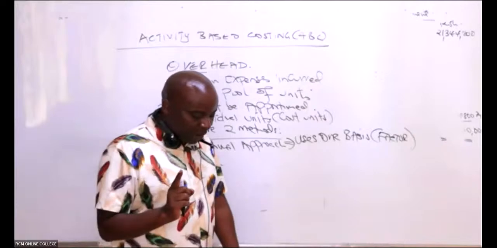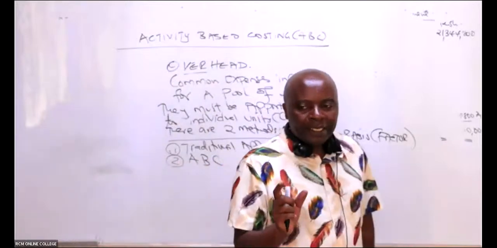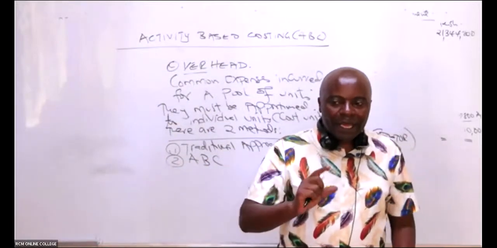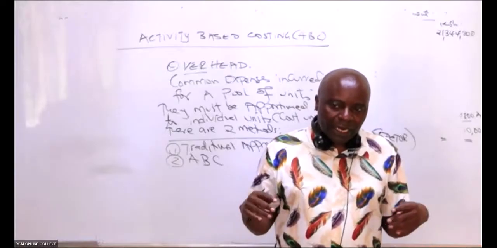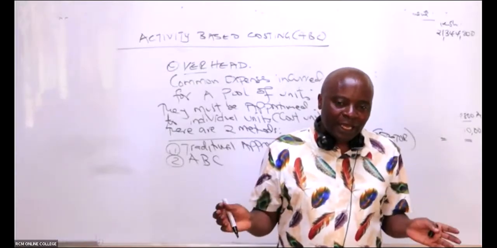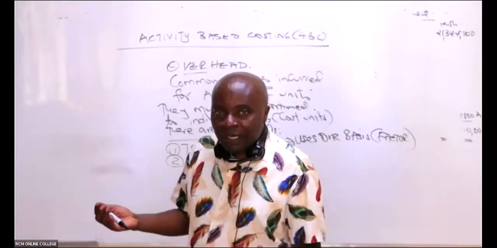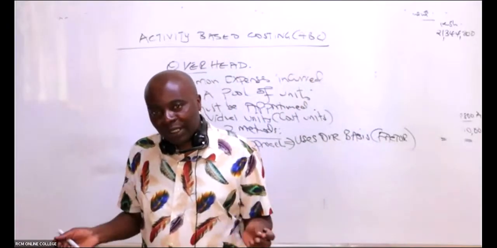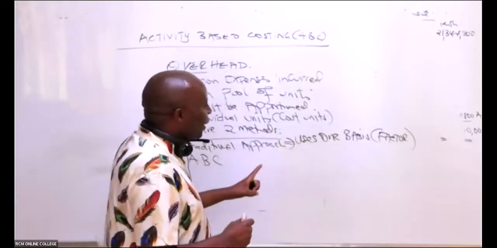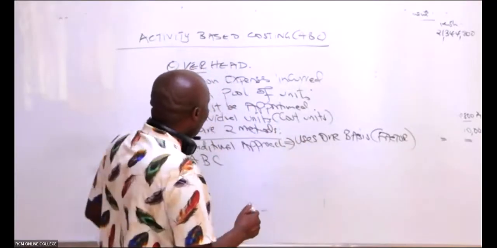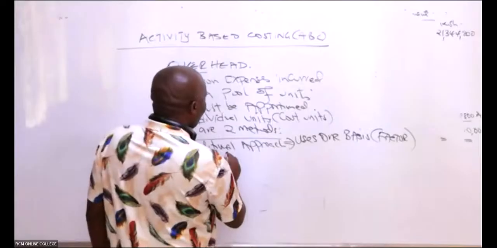So it assumes that the entire overhead item is being affected by labor hours, which is a lie. We could have some overhead items which don't even relate to labor hours at all. So this one uses one factor, whereas ABC uses